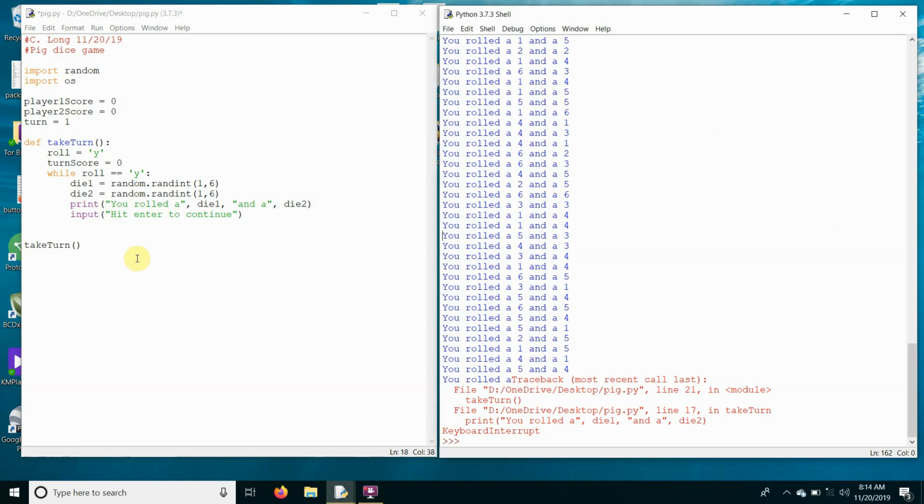Welcome to video 2. In the first video, we got to the point where we've created a function that will roll the dice twice, show us the results of the roll, and then say hit enter to continue before it rolls again. That's great. The only problem here is that we now want to